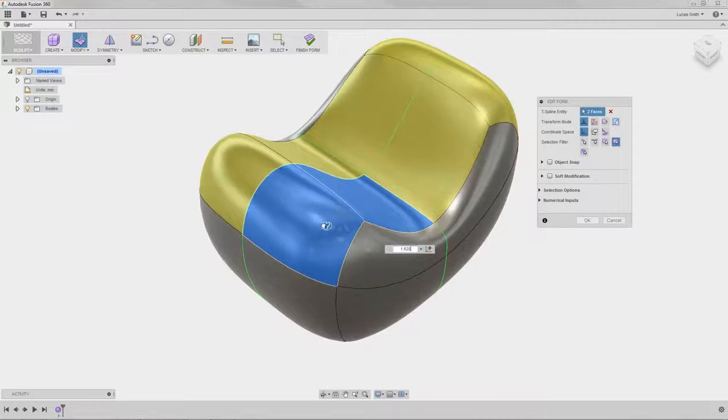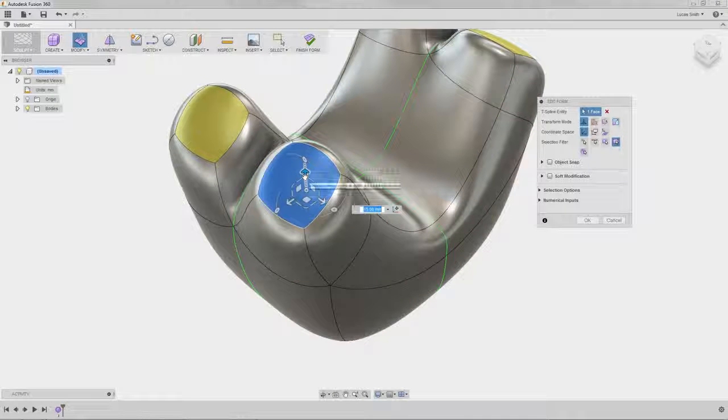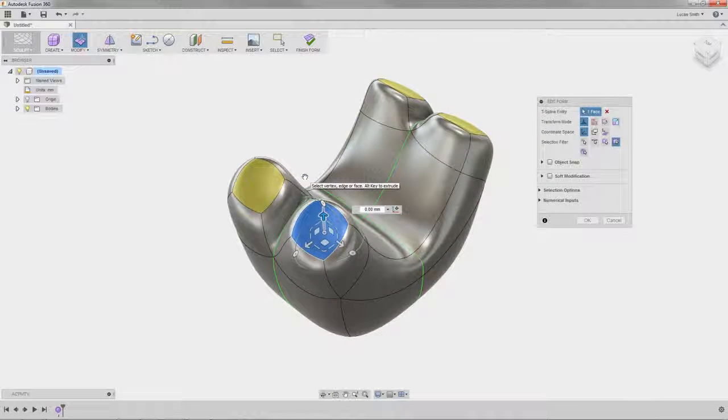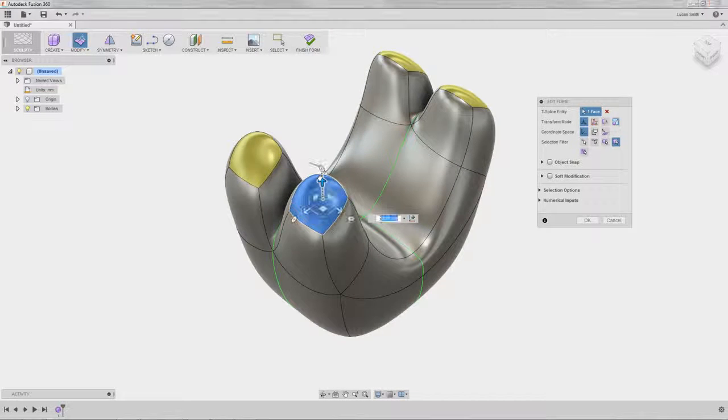There are a few more capabilities available with the Edit Form tool that you can access with a few hotkeys. By holding the Alt key on PC or Mac while dragging a face with the manipulator, the selected faces extrude in the direction of the edit, creating new topology and a new set of faces, points, and edges, all while maintaining curvature continuity. Additional topology can be added by releasing the mouse button and clicking and dragging once again with the Alt key